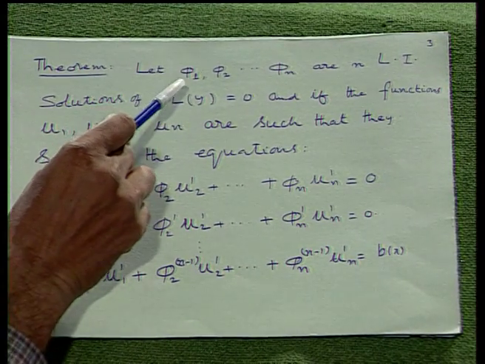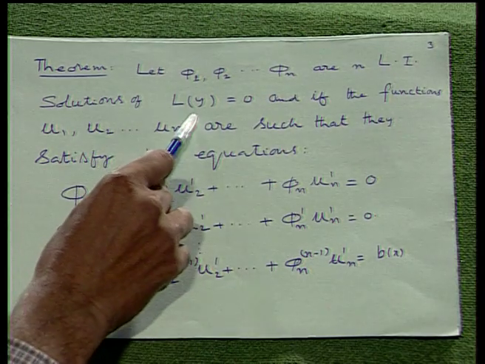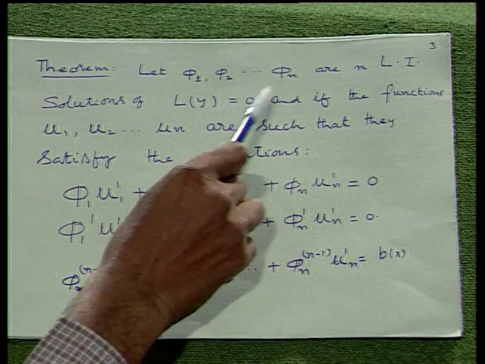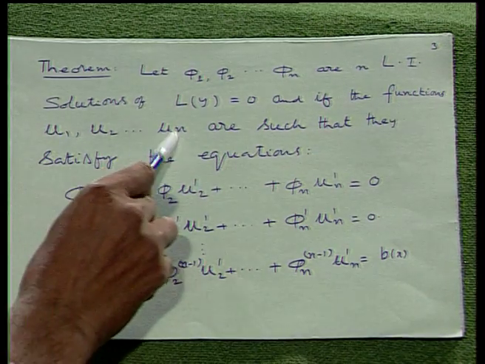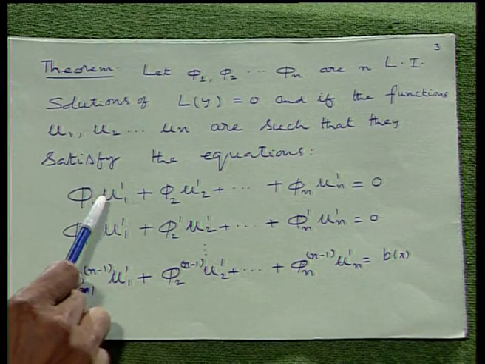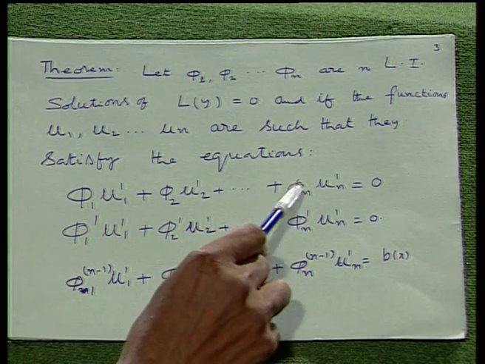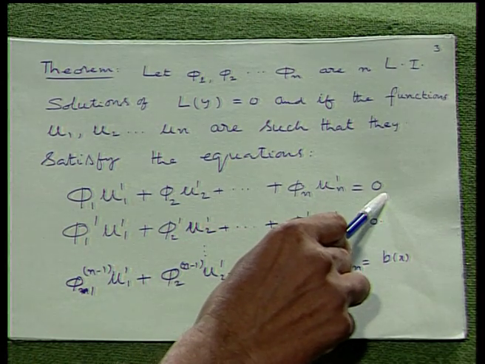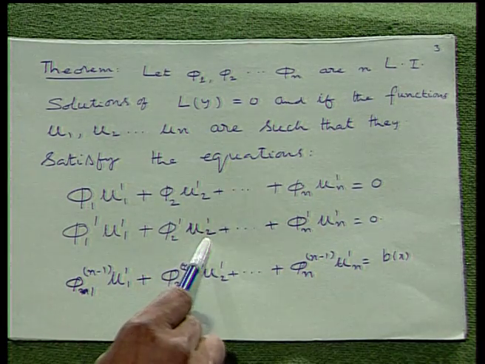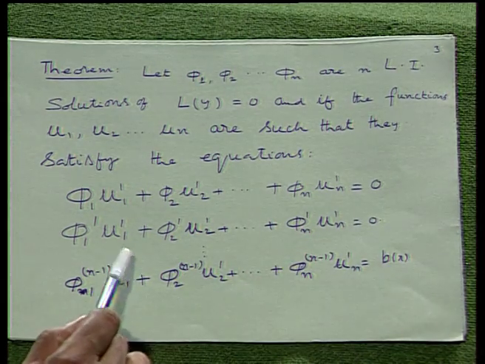The theorem is: let phi 1, phi 2 etcetera phi n be n linearly independent solutions of the homogeneous equation L y equal to 0, and if the functions u 1, u 2 etcetera u n are such that they satisfy these equations, namely phi 1 u 1 dash plus phi 2 u 2 dash plus so on phi n u n dash equal to 0, and phi 1 dash u 1 dash plus phi 2 dash u 2 dash plus so on phi n dash u n dash equal to 0, and so on. There are n equations,